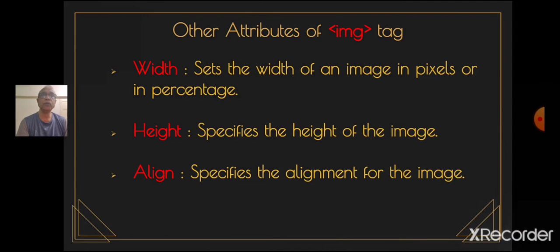Children, I am sure you all will remember the align attribute in the paragraph tag. While practically executing the paragraph tag, we saw that by default the paragraph is aligned to the left side on the browser page, and using the align attribute we could set it to the center or right. Same is the case for image alignment. The image also by default aligns on the left side, and we can set it to center or right using the align attribute.